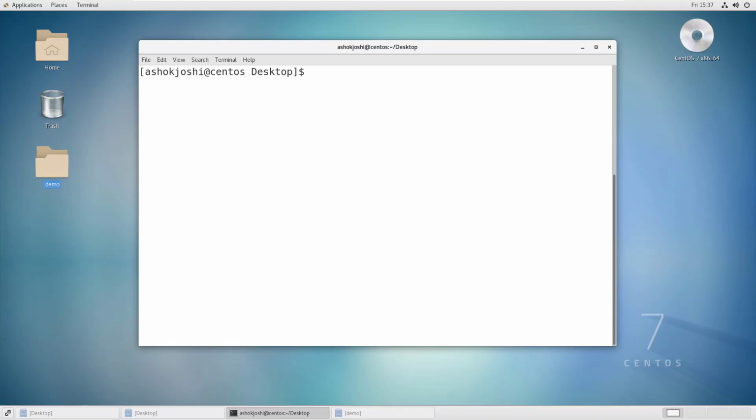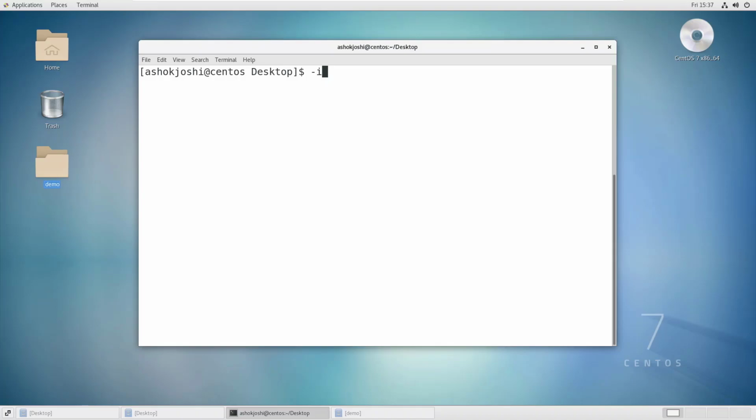Now in this example, let's learn how to prompt before overwriting a file. What I'm trying to say here is, by default, if the destination file exists, it will be overwritten. To prompt for a confirmation, we use an option called -i. This -i stands for interactive. It will ask whether you want to overwrite this particular file. It will ask you for a confirmation.